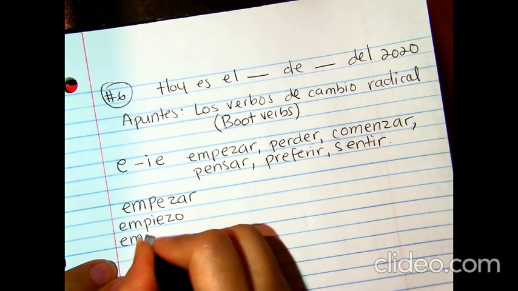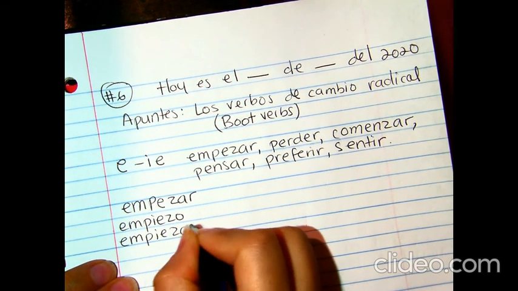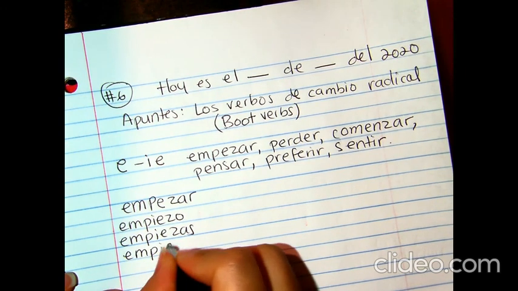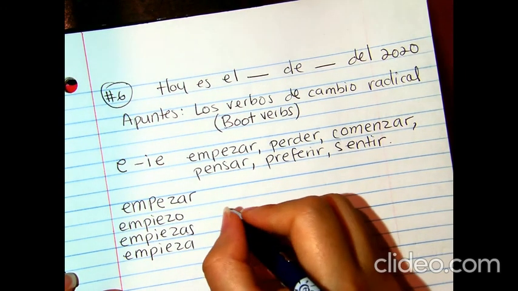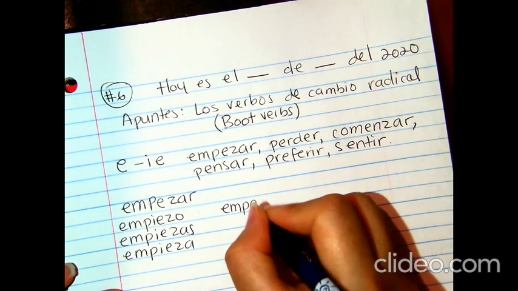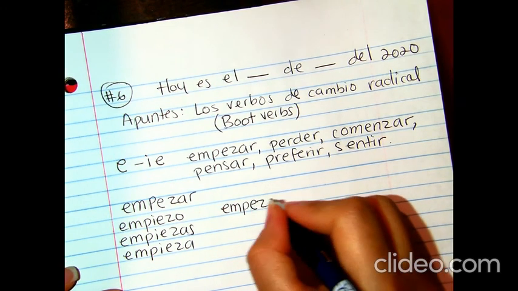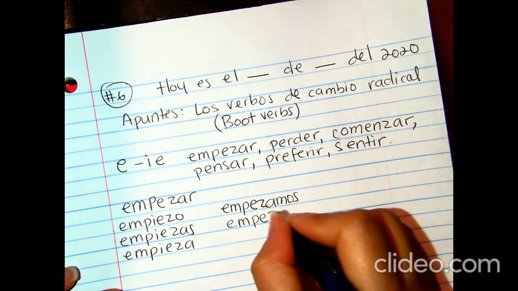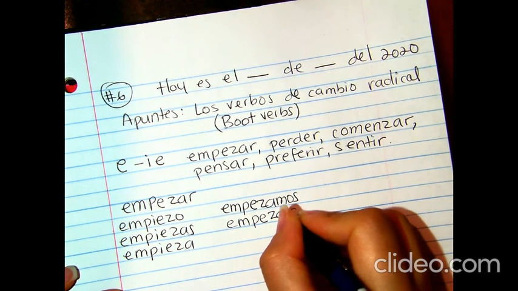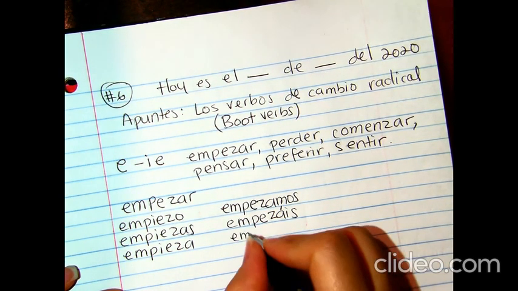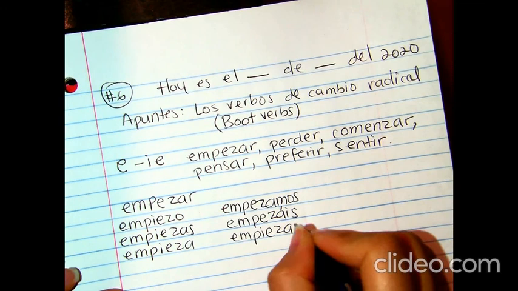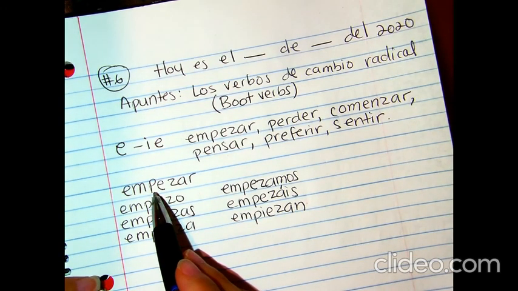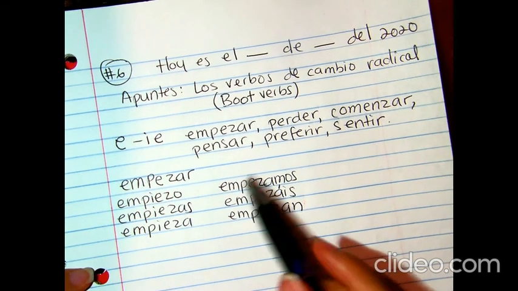Tú empiezas. Él empieza. Nosotros empezamos. Vosotros empezáis. Ellos empiezan. So, this E that empezar has, so notice is that